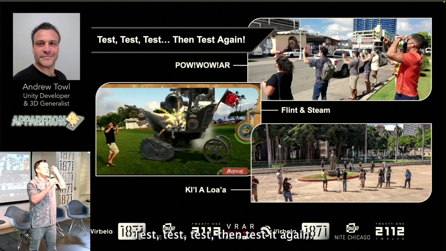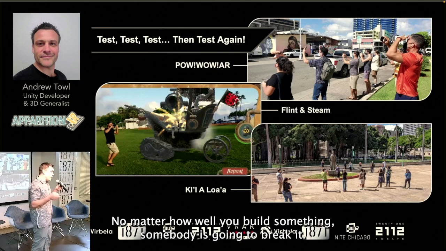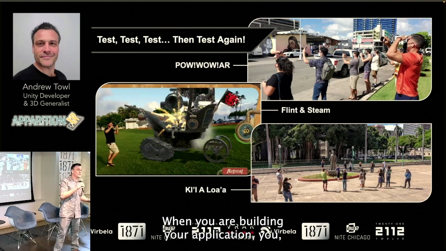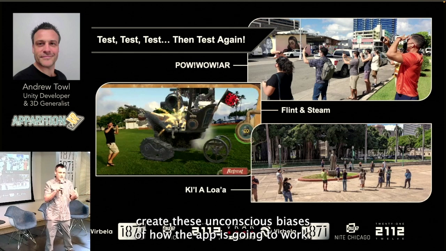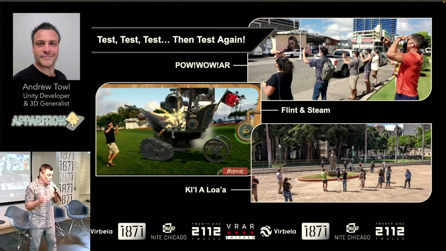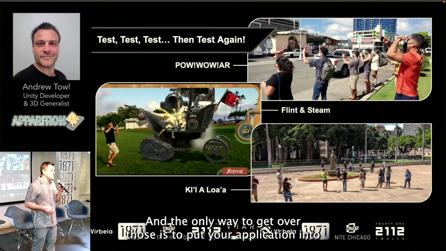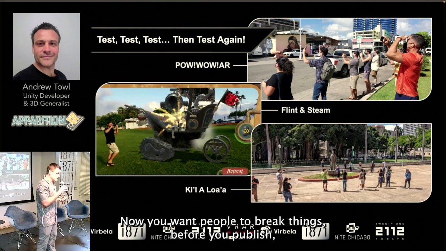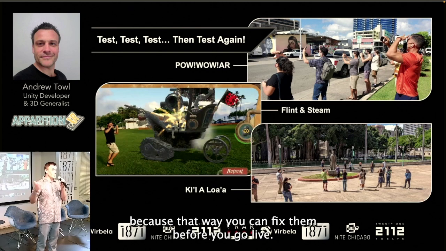Test, test, test, then test it again. No matter how well you build something, somebody's going to break it. When you are building your application, you create these unconscious biases of how the app is going to work. And the only way to get over those is to put your application into as many hands and onto as many devices as possible to find these out. Now, you want people to break things before you publish, because that way you can fix them before you go live,